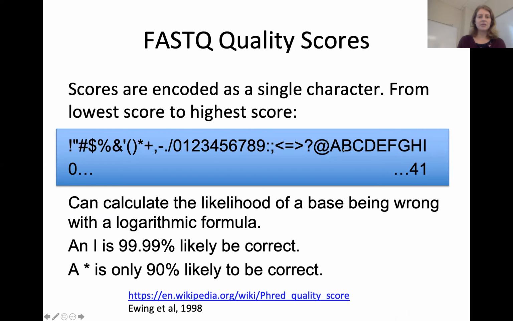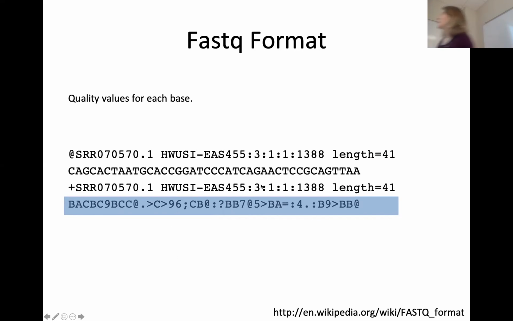So let's look for capital B. That's probably like, let's call that 31. You can number these from 0 to 41, so let's call that a 41. So if I go back,